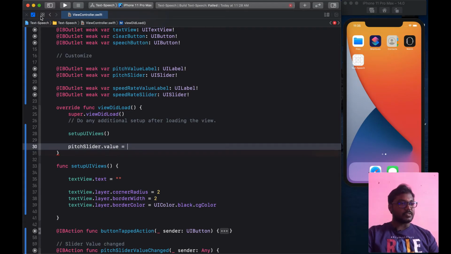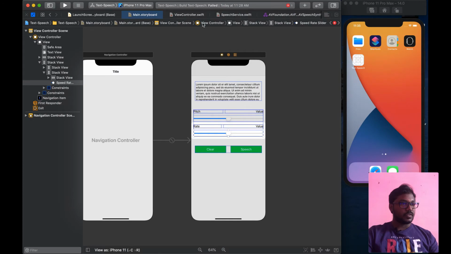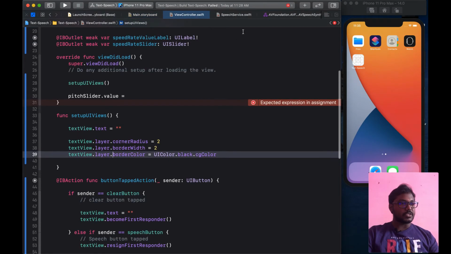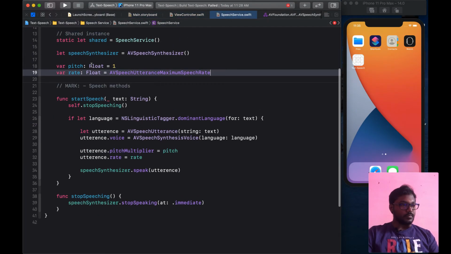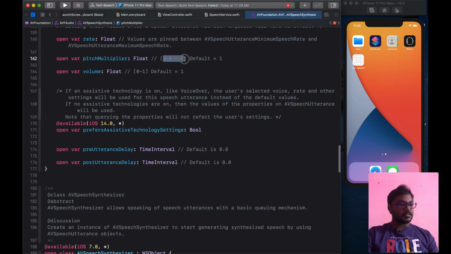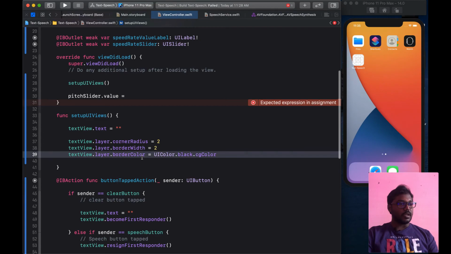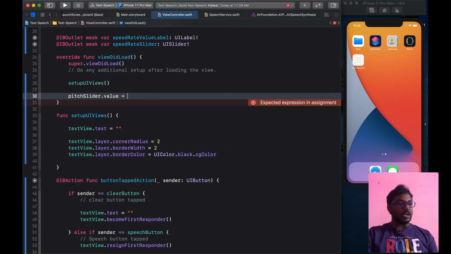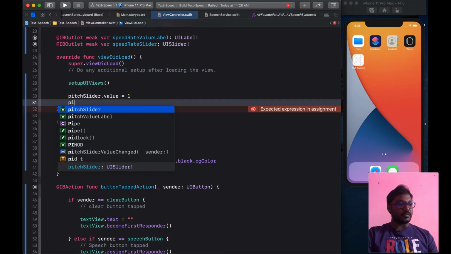First of all, we can check it in the speech service. Then we can set the default value as 1, as well as the speed rate. Now I am going to set the minimum value as well as maximum value. Default value is 1.